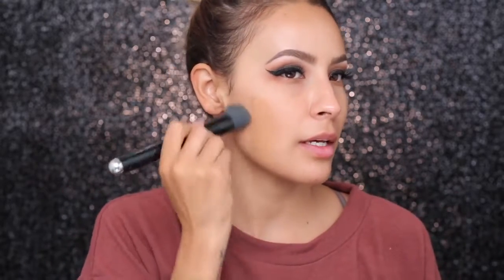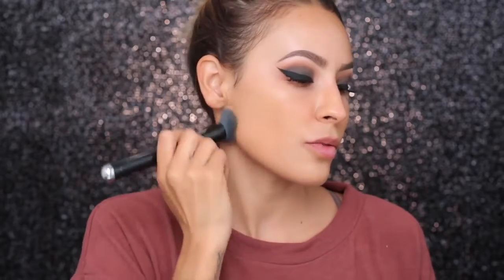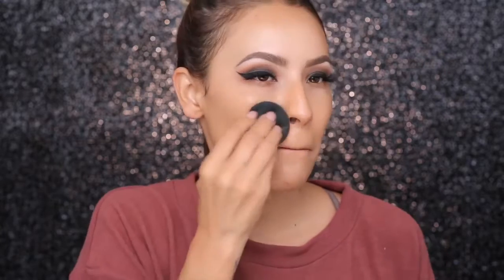And I'm gonna apply it all over my face with the brush first and then blend it out with the Beauty Blender. I like these EX1 foundations because they have a really good range for anyone who has an olive skin tone. So then I'm taking my Beauty Blender and just...